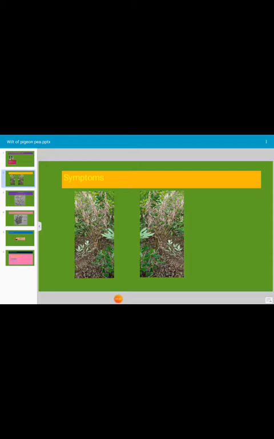The symptoms are variable. What happens initially? The leaves become yellow, and later on the leaves dry up and most of the leaves fall off on the ground. This is defoliation. The plant is in a blighted condition. The entire plant, because of no leaves on it, gradually dries up. And why does it dry up? Because of